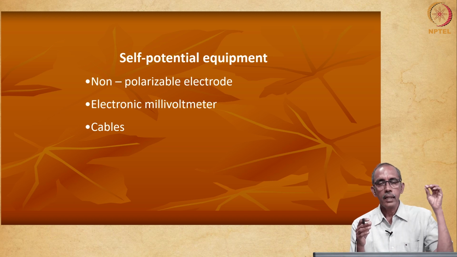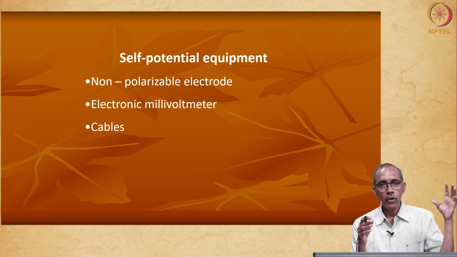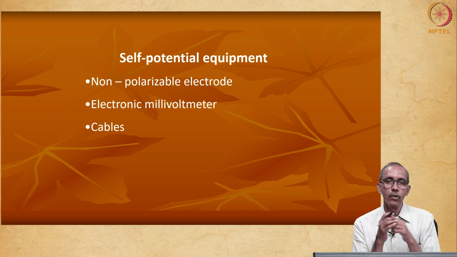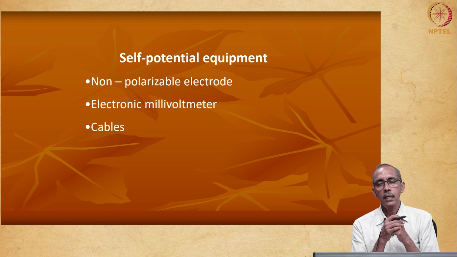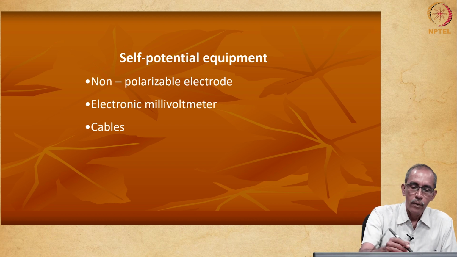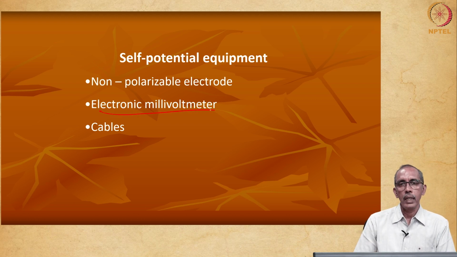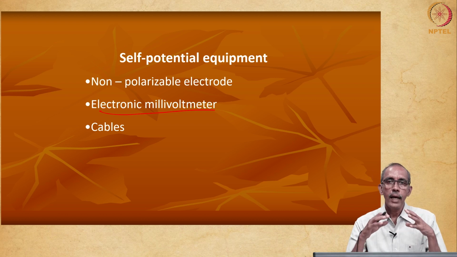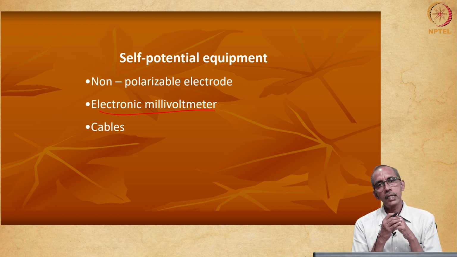We have seen already resistivity method more or less in the same format. Today we are looking into cell potential method. Until now we have seen some background information. Now let us see what is the equipment which we are going to use. Here too we are going to use only a voltmeter. Ammeter is not necessary, because we are not going to apply any current. We are going to just measure the natural potential that exists below the surface of the earth. That is what we are going to measure.